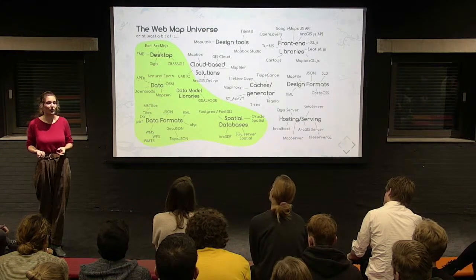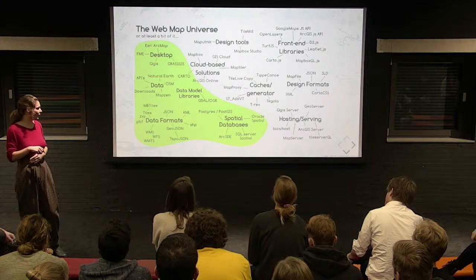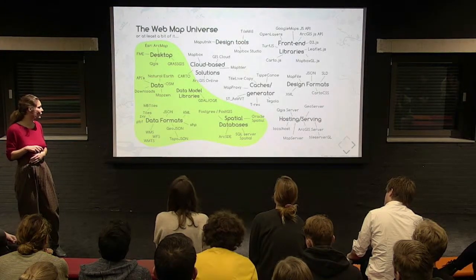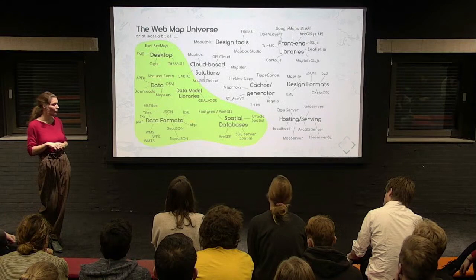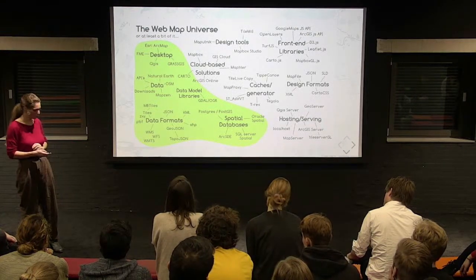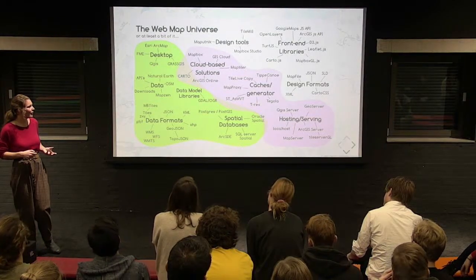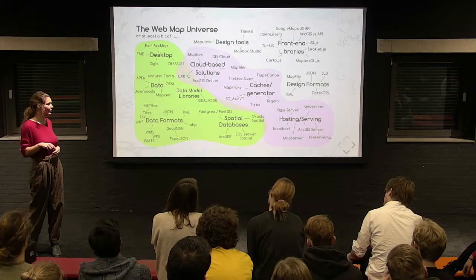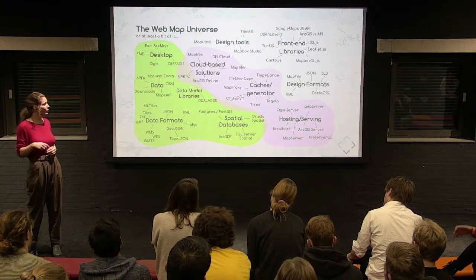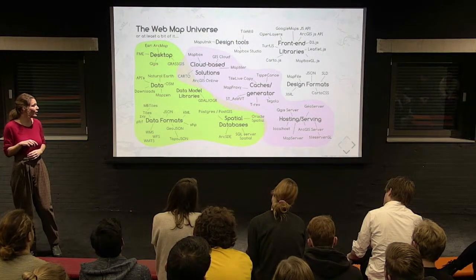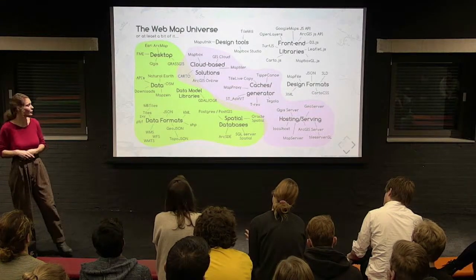Esri ArcMap is the commercial equivalent of QGIS. QGIS is open source. Then there are a lot of data formats that you can run into. It's actually not on there, but in QGIS you work with GeoPackages, and shapefiles is what you use with Esri software. For putting your map on a server, there are different solutions that you can use. There is either serving your data in a server, for example, you work with MapServer or GeoServer. But you can also cache it beforehand with some command line tools to prepare your data before you put it on a server. And there are also, of course, some cloud-based solutions.